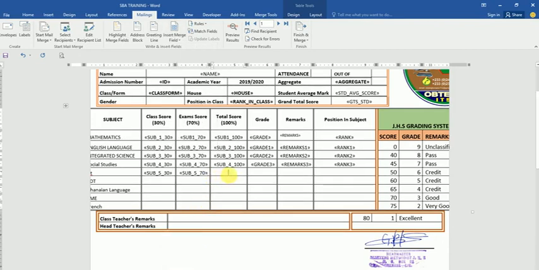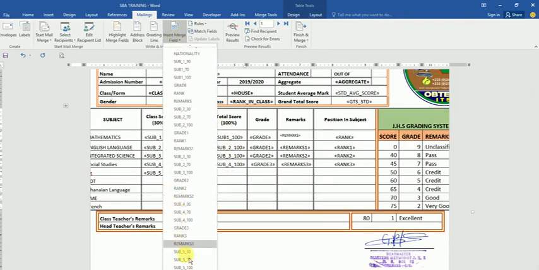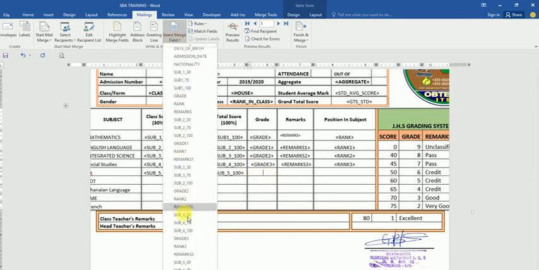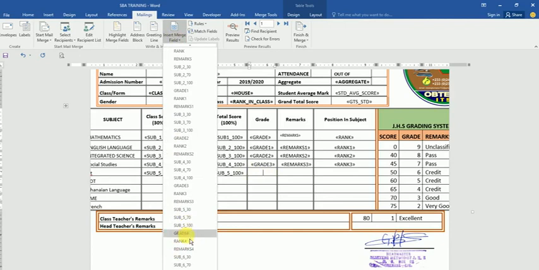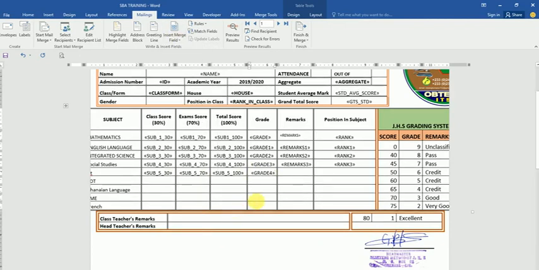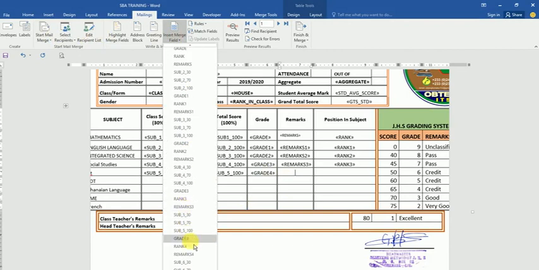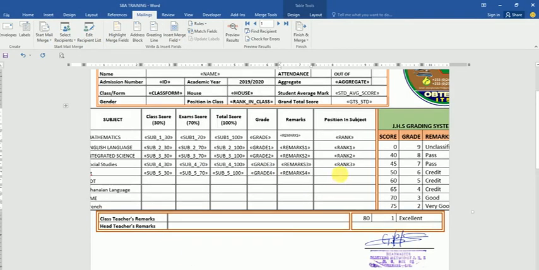Then sub 500, sub 5 grade, sub 5 remarks, sub 5 rank,